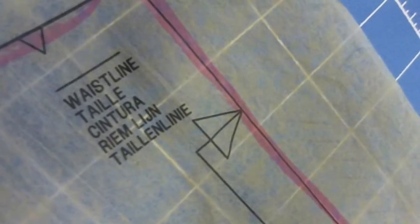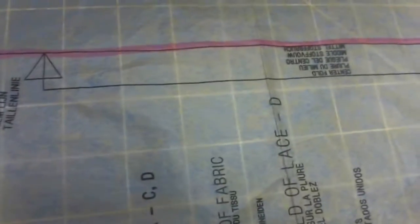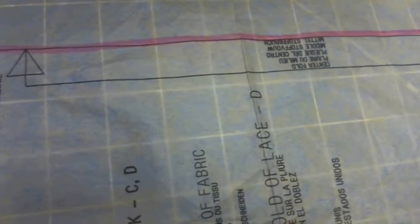Right here, it tells you where the waistline is. This indicates that this part right here of the skirt has to go on the fold, on the center fold. Okay, this tells you that you will cut 2 of them on the fold of the fabric, and this is the back and the front of the skirt, and this is your pattern 3. So when I trace this,